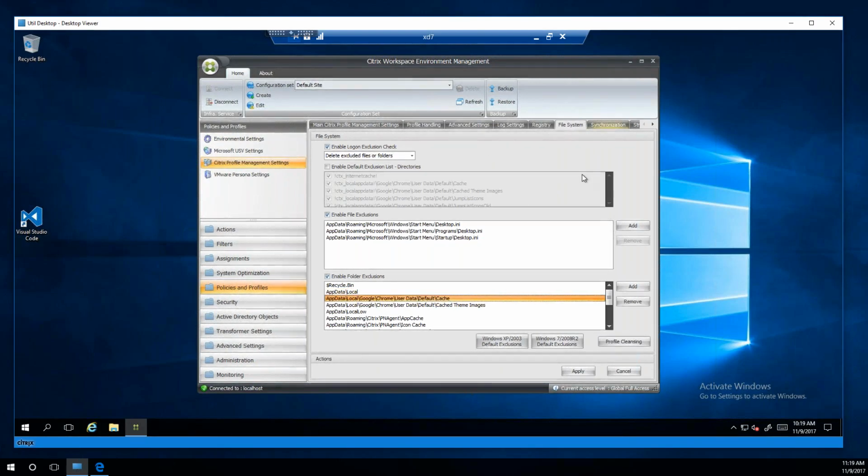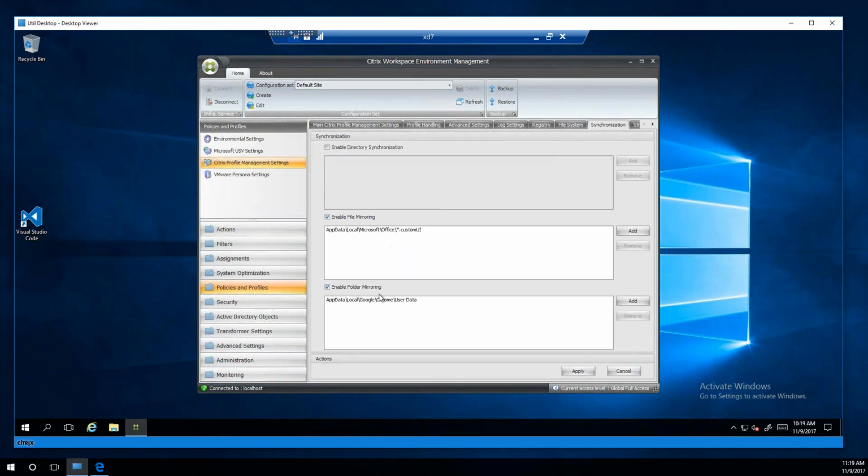The reason for that, besides all the standard things that come in, is I'm actually enabling Chrome to capture data under the local area. This will make it so Google Chrome is persistent for people, since Google Chrome is nice and stores everything in local app data, because that makes perfect sense. I love programmers.